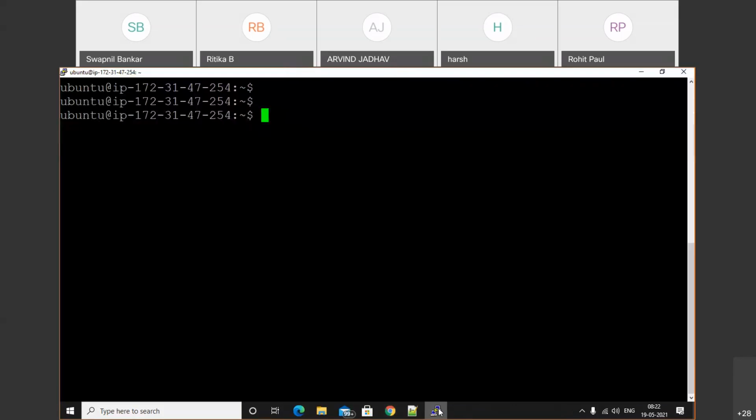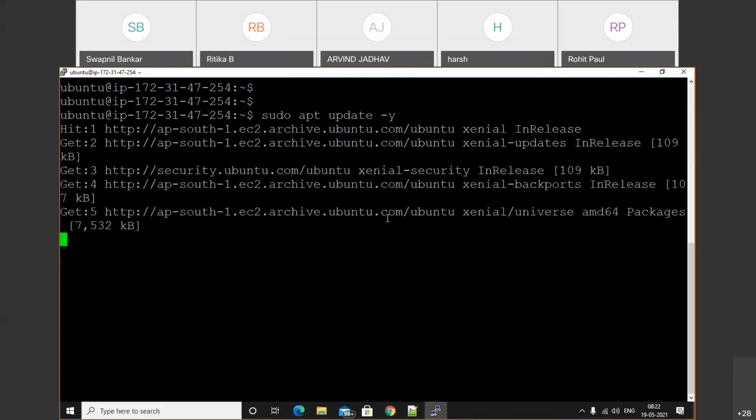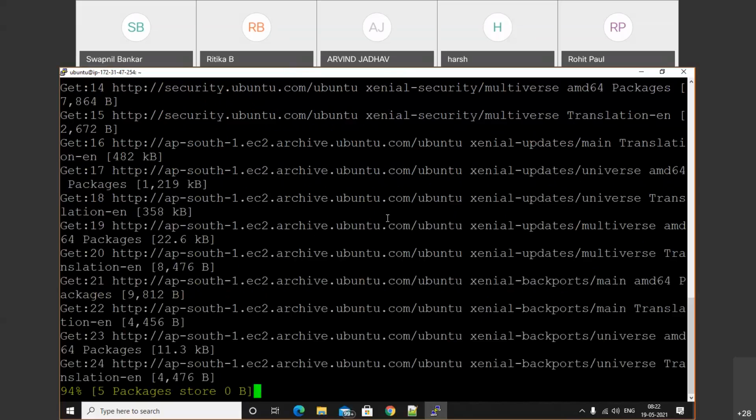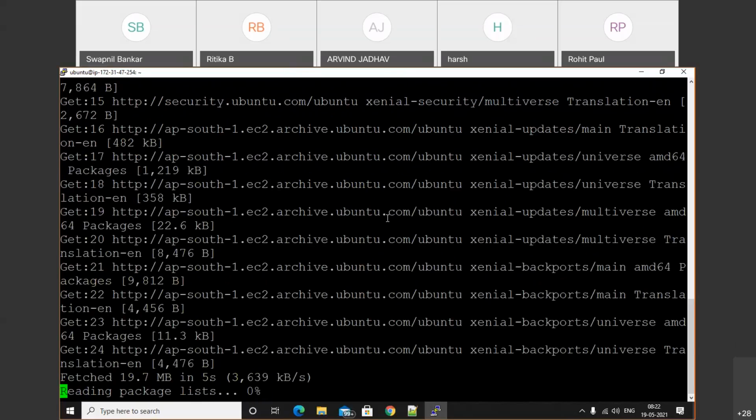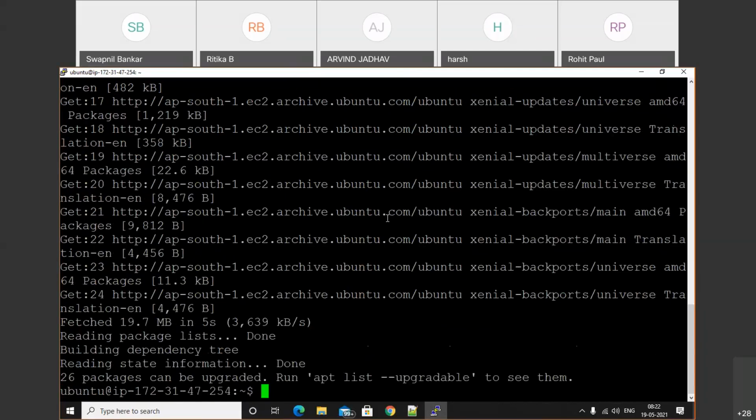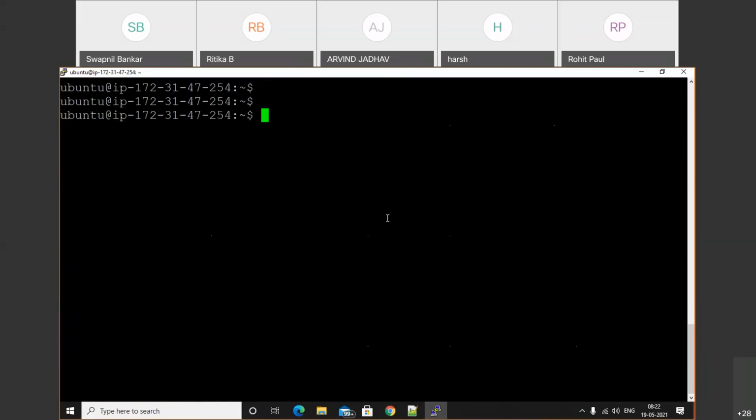So first of all, we'll update the system. We are done. So now we'll install the package sudo apt-get install apache2. Can it be installed? Yes, we can install that application.